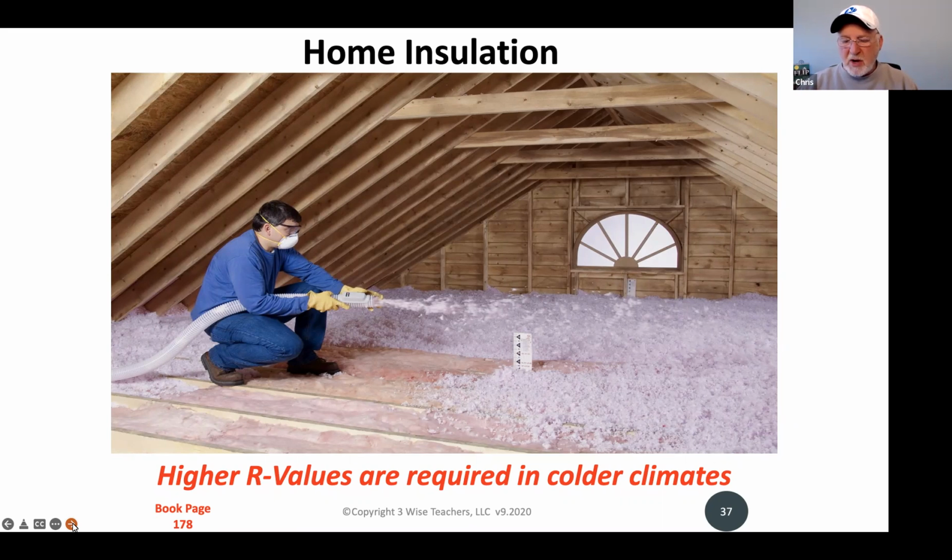The R values, they're going to be higher in colder climates. Why? Well, it makes sense, doesn't it, that you would want more resistance to the elements if you're going to be in colder climates. So you see that that's in red. That's a hint. But if that question does come up, insulation, R values, they should be higher in colder climates. Don't worry about trying to memorize what they are specifically for flooring or for walls or for ceilings. Don't worry about that. We'll let the contractors take care of that when they're building the house.